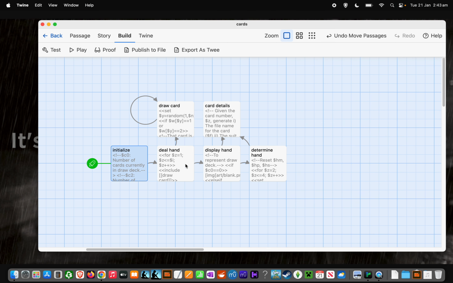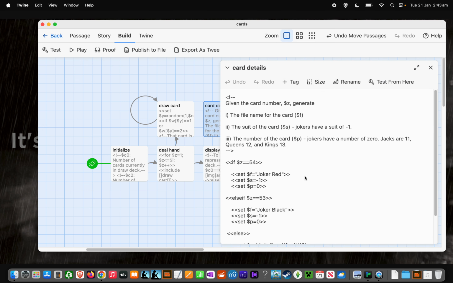So I will skip over these three because we've already talked about them. Card details, I will just say very quickly what it does, not why the maths works. What it does is you have a number stored in the H array, or numbers stored in the H array, which represent the cards that you've been given,